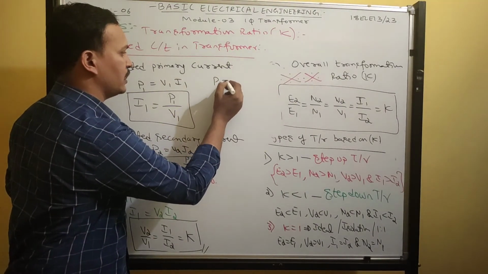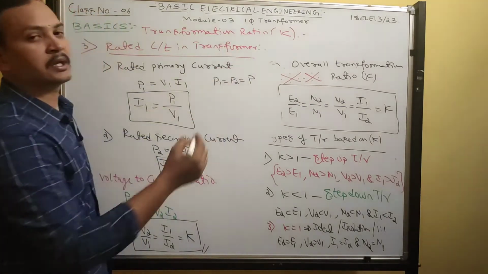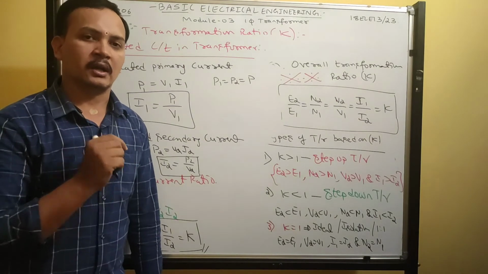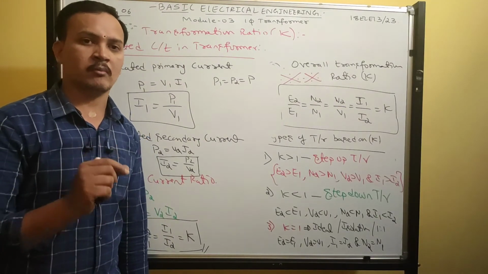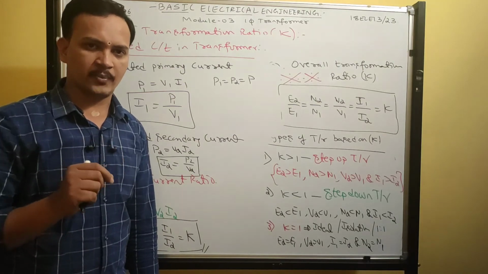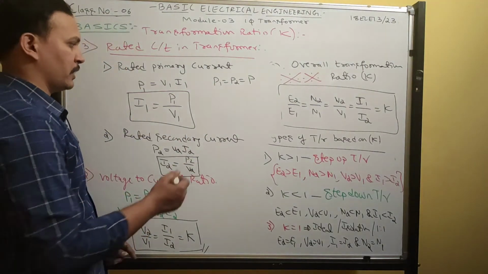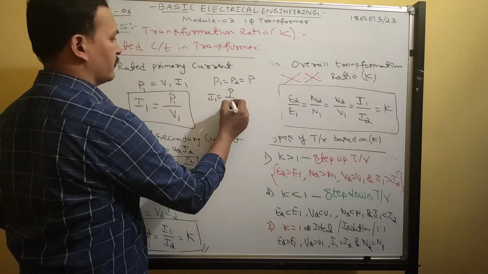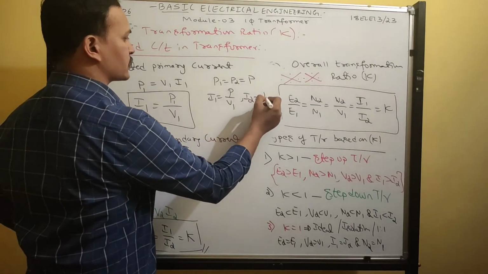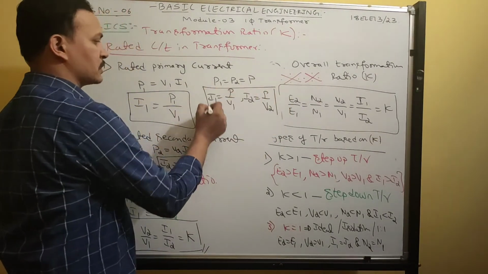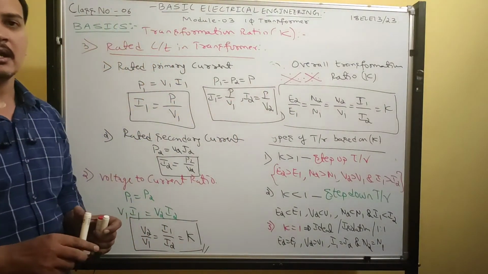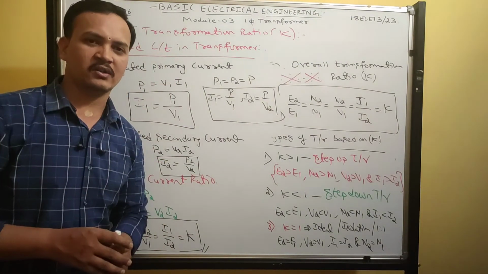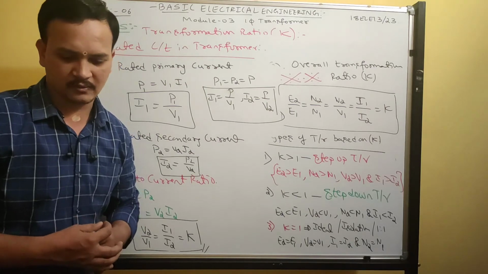Now consider P1 and P2 both are equal. Simply write power. In a transformer, they will give the power in kilovolt ampere rating. In kVA they will specify. All transformer ratings are specified in kilovolt ampere. That is called the power value. So in general we can write I1 equals power by V1, and similarly I2 equals power by V2. These are the rated primary and secondary currents. If you know all this, 100% you will get full marks on problems on EMF equation.